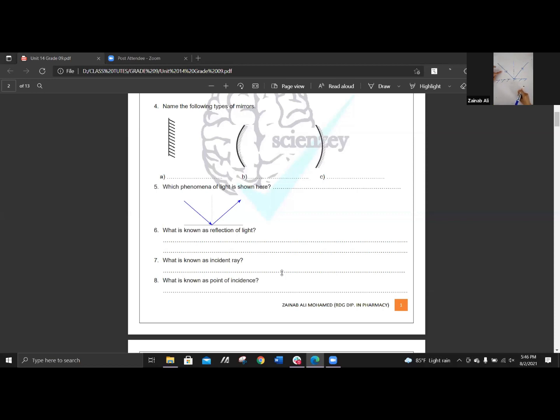It is not a ray diagram. I have drawn a light ray which is coming and falling on a plane mirror, and it is reflecting back. So I am asking you, what is the name of this light ray? Yes, that's correct. Very good. You name this as the incident ray. And can you all reply, what you can name for this light ray, the one which is going back? Yes, very good. You call it the reflected ray.